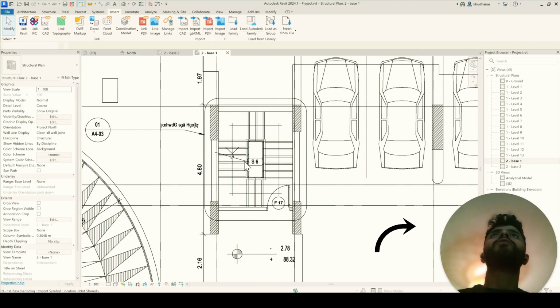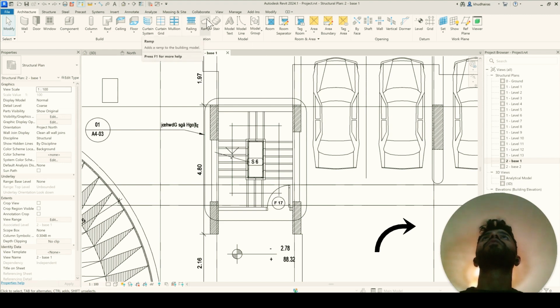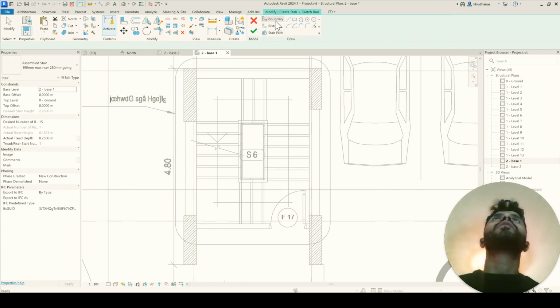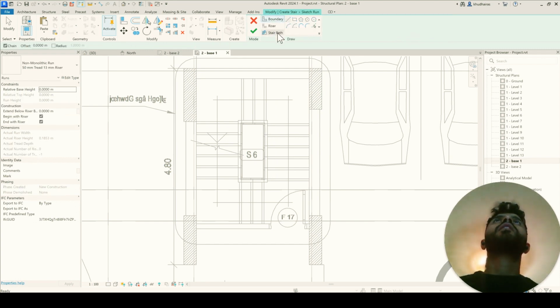So if we look here, we have a full stairs. If we go to Architecture, as we said, we used the ramp. Now we have the stairs. When we go here, we have three things: the boundary, riser, and the path. For the boundary, we can just go around the boundaries and draw all the lines. So we have 1, 2, 3, or maybe we'll pick this line.